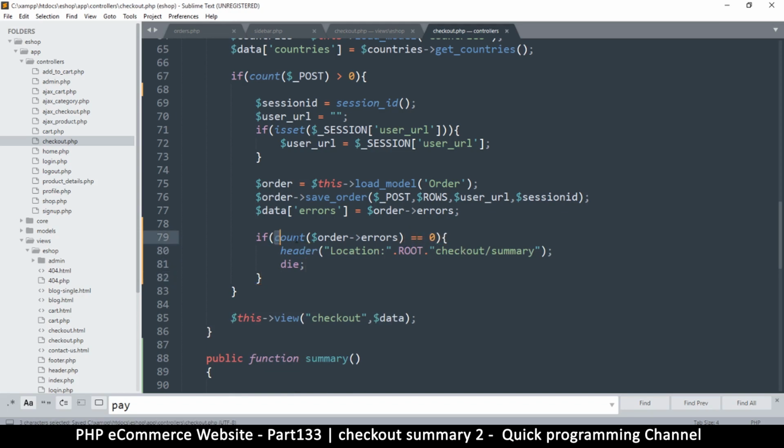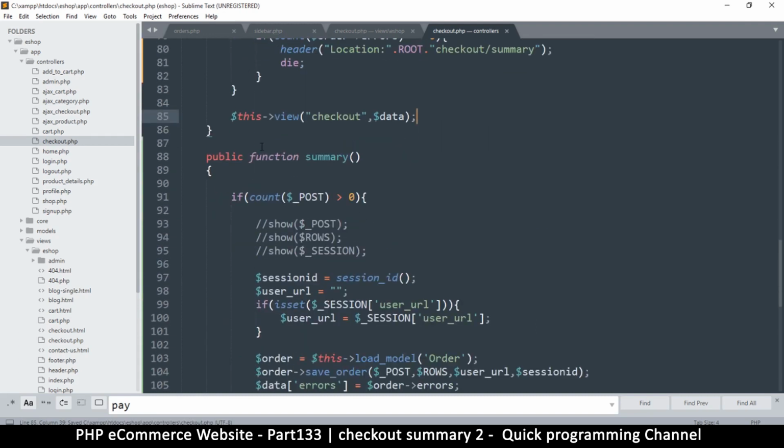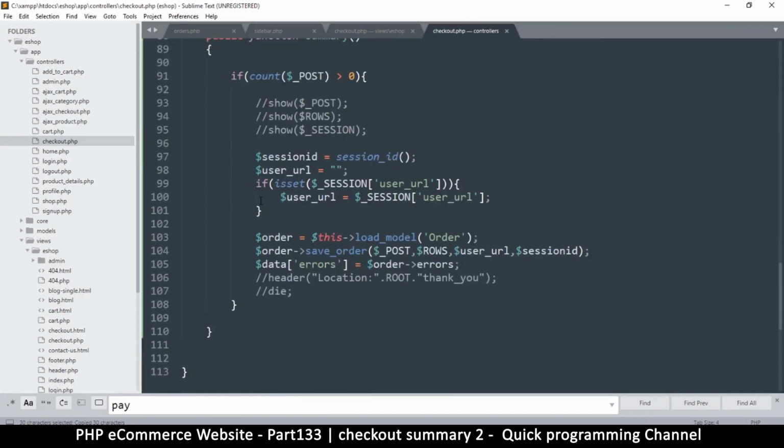So if the orders, because this is an array, so if the array has no items, meaning there's no errors, then we can redirect. If it does, then we're going to omit this and then just show the checkout page again. Okay, so here let me copy that, come down here,